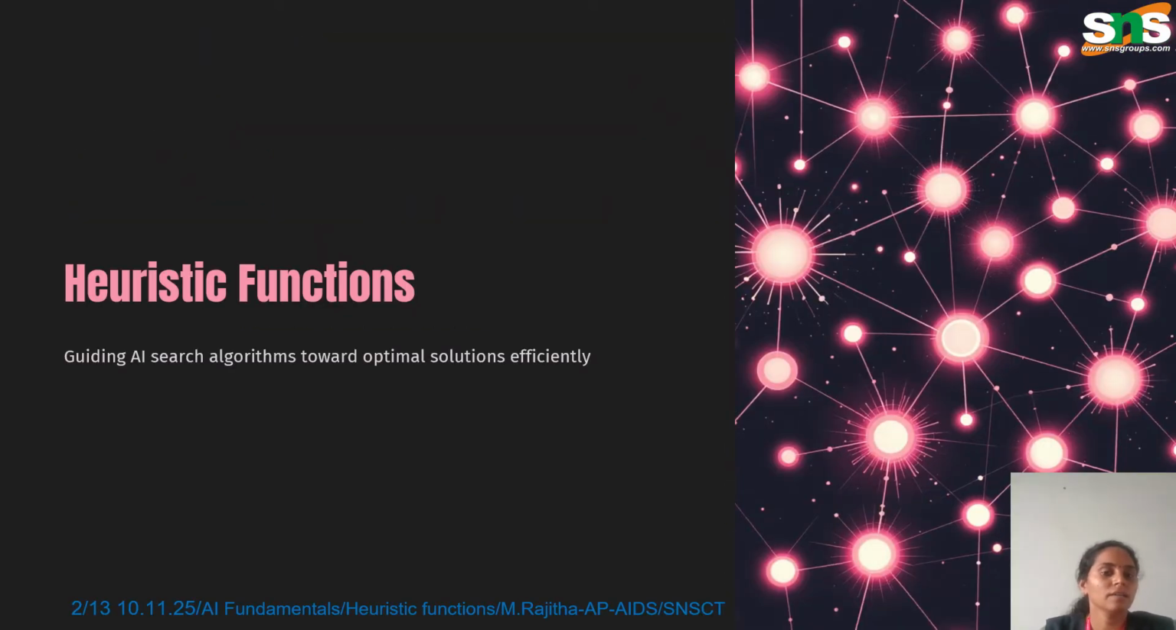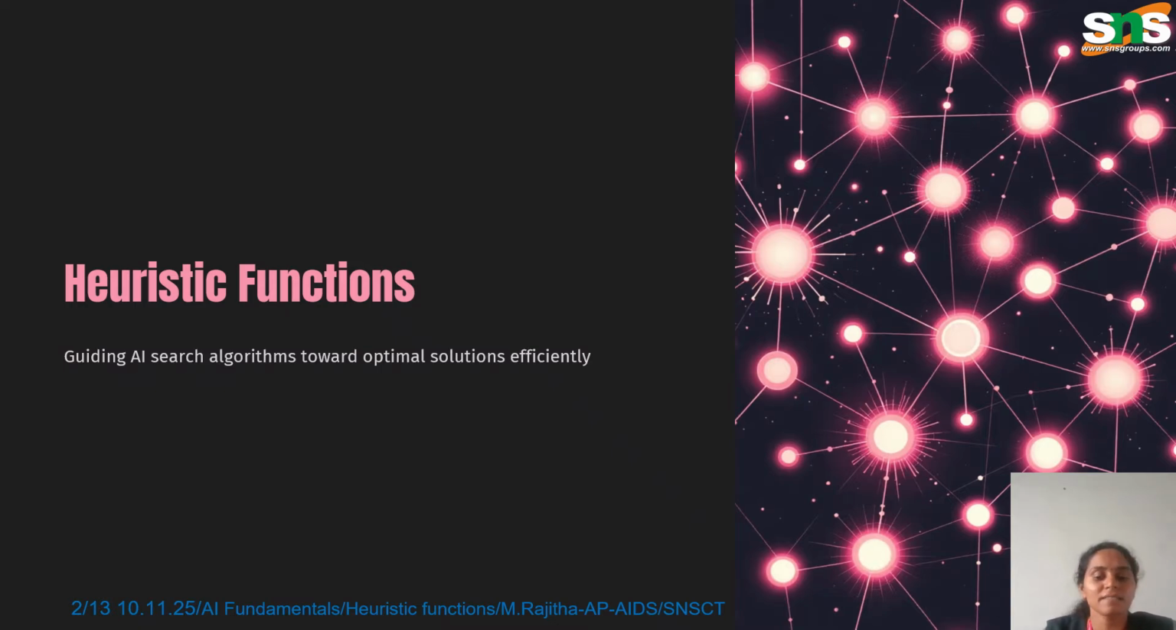What is a heuristic? A heuristic is a rule of thumb. It is not always perfect, but it helps us reach a good solution quickly. In AI, a heuristic is an informed guess that helps the system decide which path to explore next. Instead of checking every possible move like the brute force method, heuristics allow algorithms to find near optimal solutions much faster. They trade accuracy for speed, so we may not always get the best answer, but we get a good enough